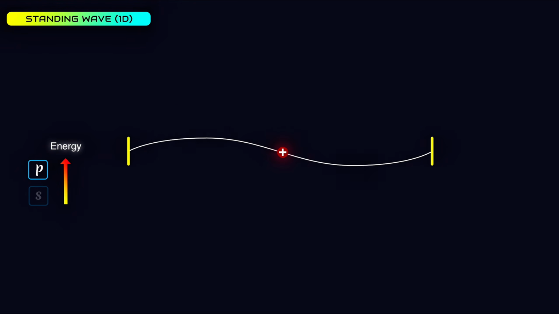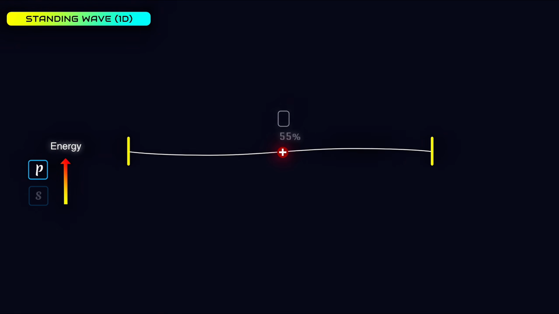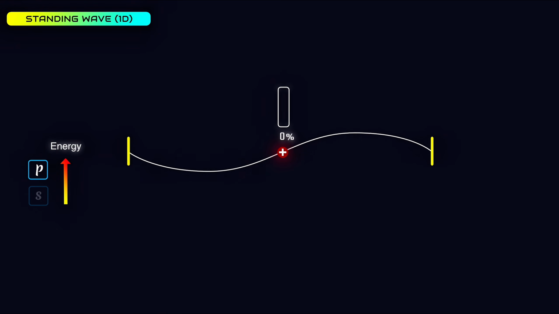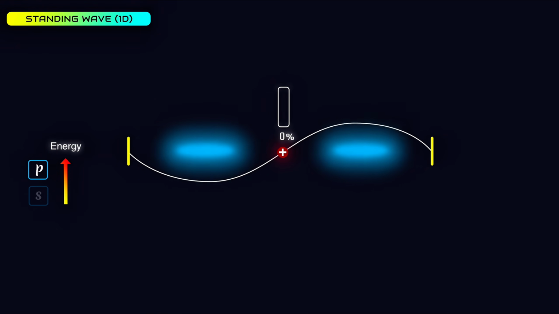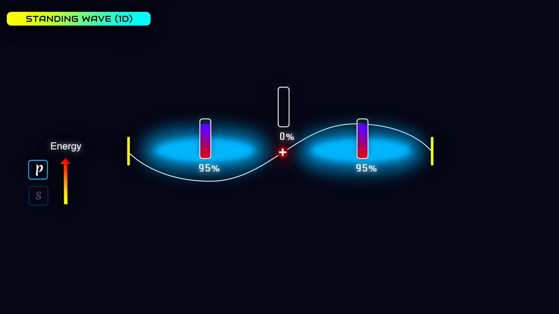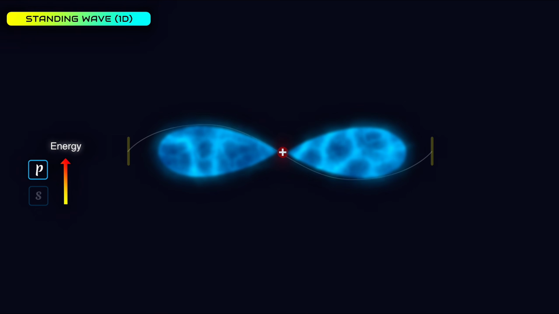We already know that the non-oscillating part of a wave has a zero probability of containing an electron. On both sides of the nucleus, there is a probability of finding an electron. Therefore, the probability density is 0 at the nucleus and higher on either side, creating the dumbbell shape. The location with zero probability of finding an electron is called a node. The region with the highest probability is called a lobe. In the case of the p orbital, two lobes together form the dumbbell shape.